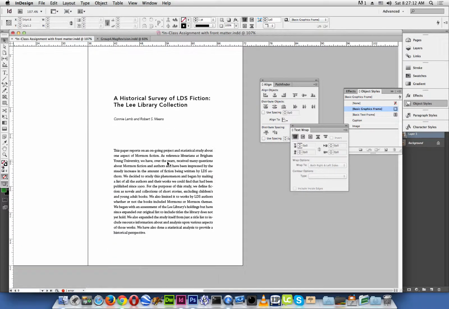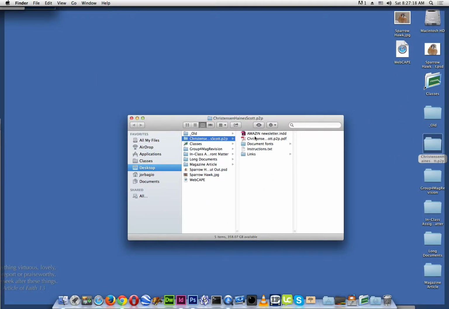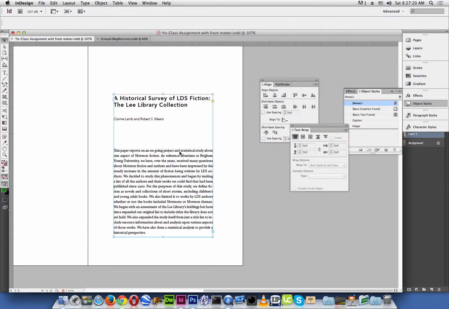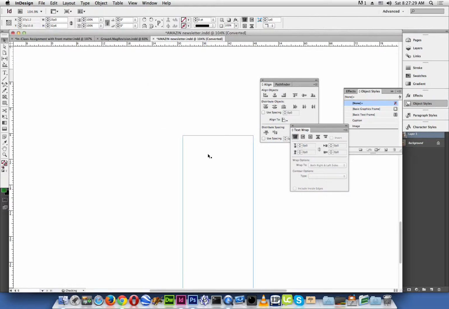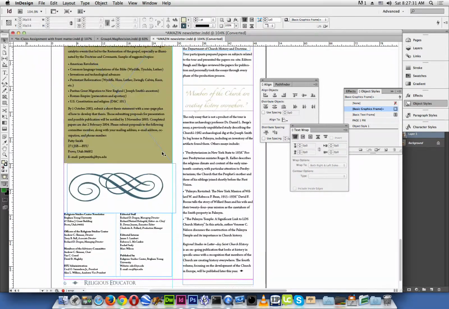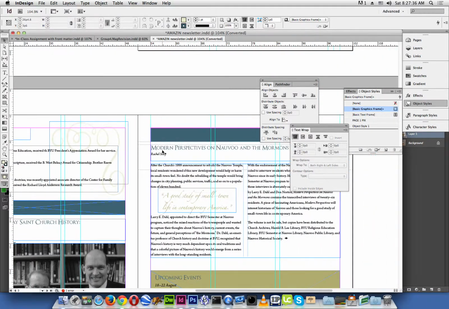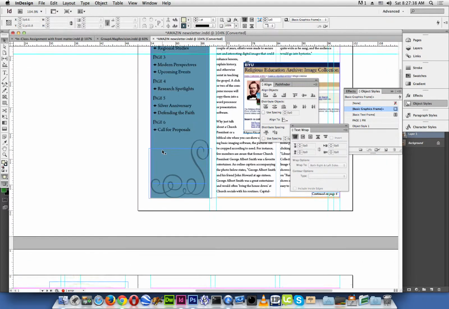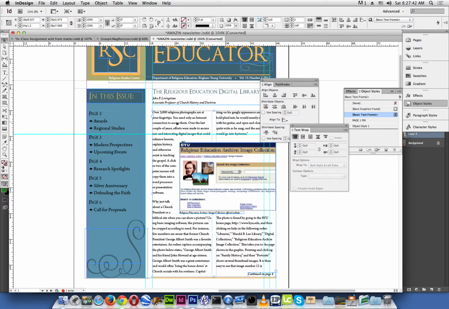There's one more thing I want to show you, and that is just working with columns. When you are working with a magazine, let me show you a past example here. This is a class a few semesters ago. When you're working with a magazine, you will probably want to work with multiple columns. In fact, that's one of the requirements for you. Let's see, I believe this team does it. Yes, okay, so when this team created their magazine, you can see that they have a 2-column first page, but